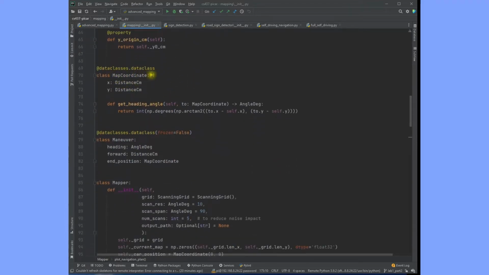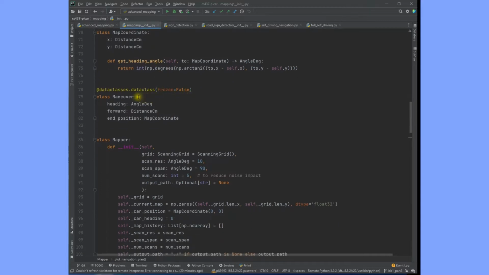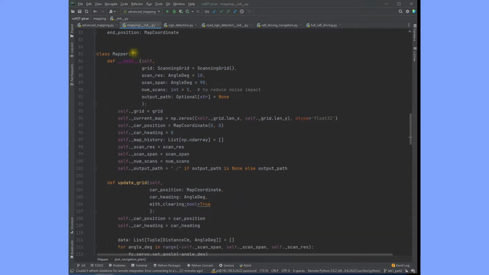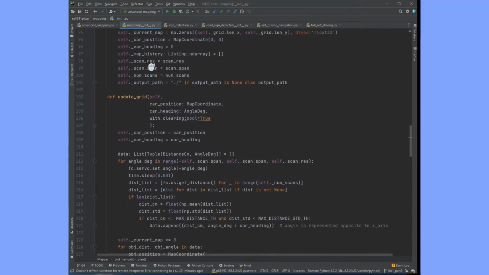Map coordinate holds the location in the real world in 2D and calculates the heading angle in degrees the car needs to turn for its next move. Maneuver specifies the ground that needs to be covered for the current move in the direction of a certain heading. And we have the class mapper, which is the most complicated class of the four, and its main two functionalities,